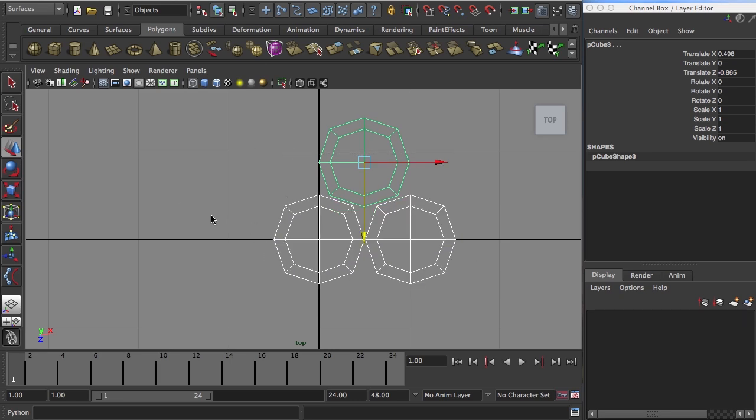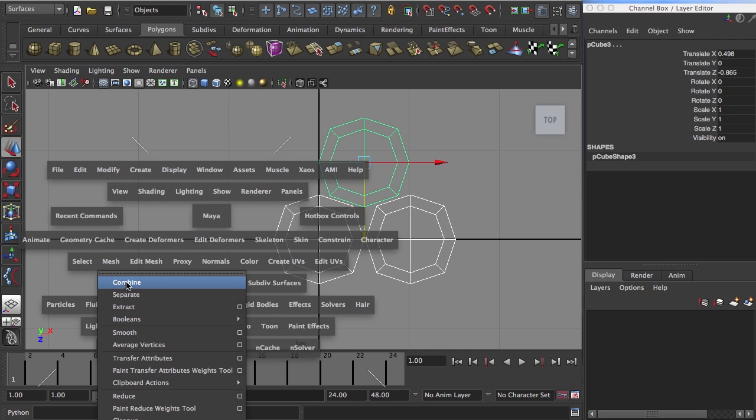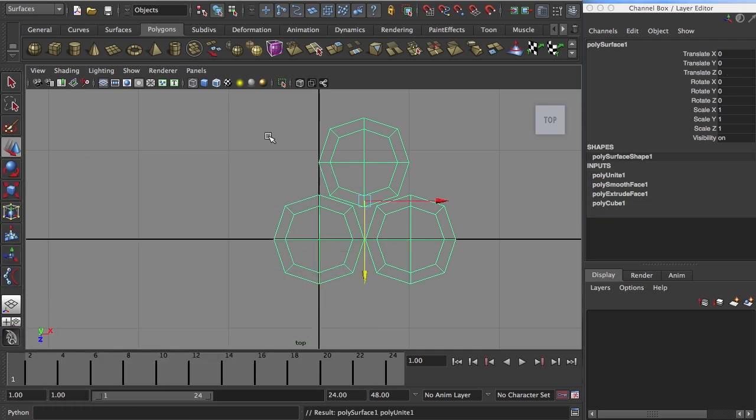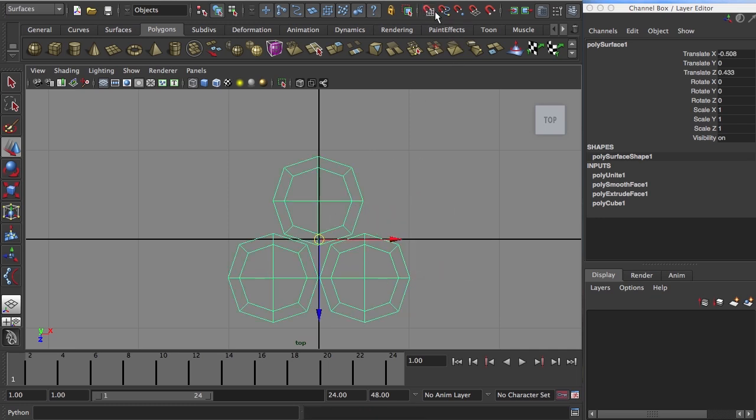Now let's select all of them, go to Mesh, Combine. Now let's center the pivot, modify, center pivot. Let's press the snapping tool for the grid. Let's snap it right there. Okay. Now, let's select the whole geometry